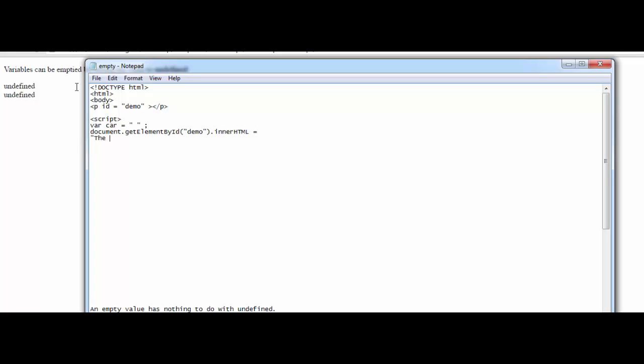The value is, make sure there's a space between the colon and the closed inverted commas, is plus car plus, add a break,